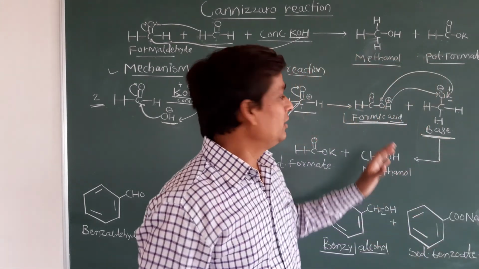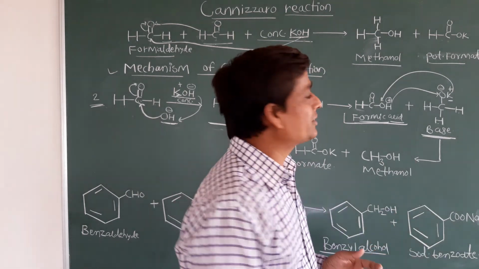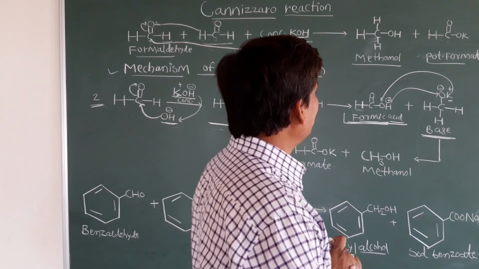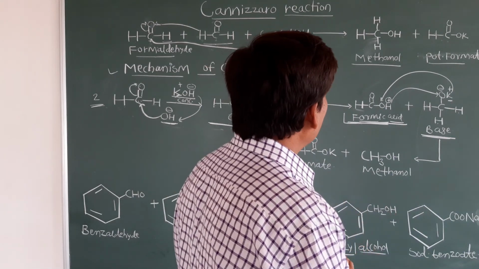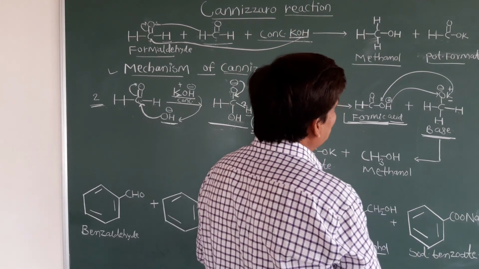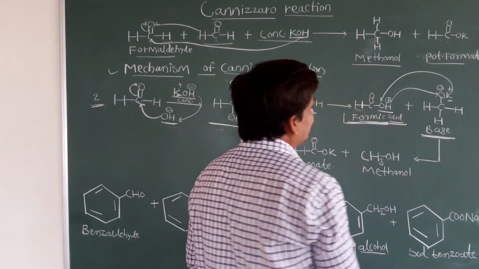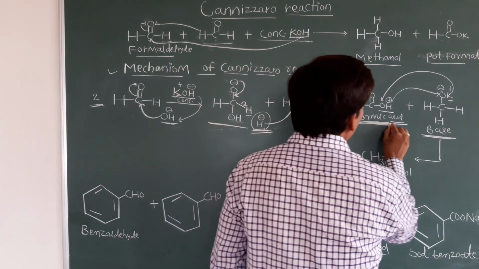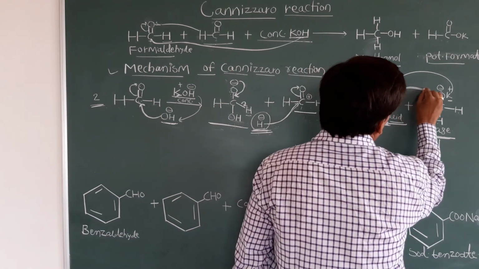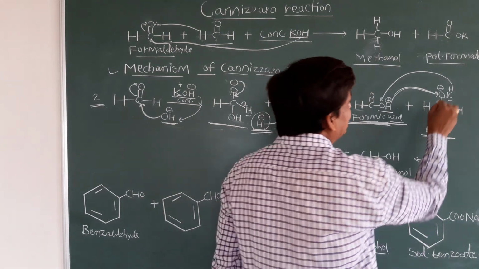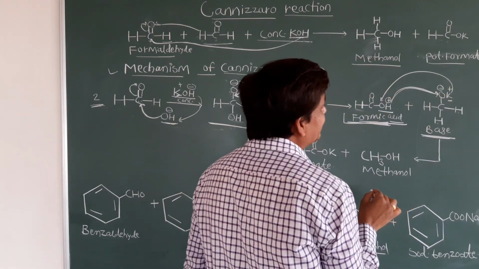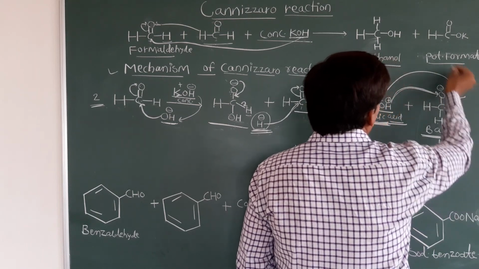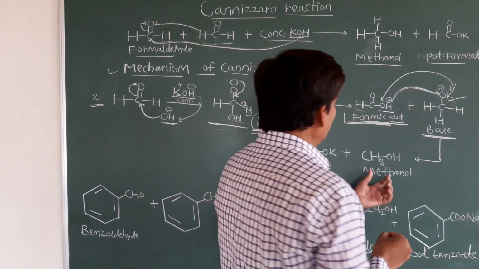Okay. So you know how acid and base react. So this is a formic acid and this is a base. Both react together. From this formic acid, students, this OH is acidic, and acid has a tendency to lose the proton, meaning H plus ion. So the formic acid can lose the H plus ion, which will transfer toward this O minus because it is a negative charge. It converts into OH. And this K plus is released, the bond is breaking from here, potassium is released and that potassium attaches again here.